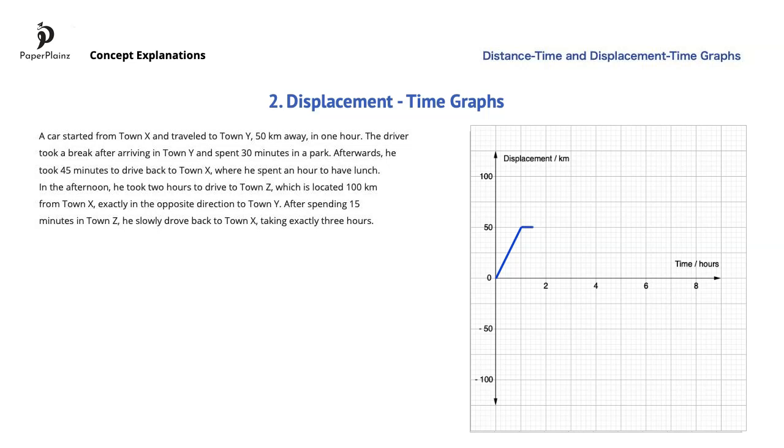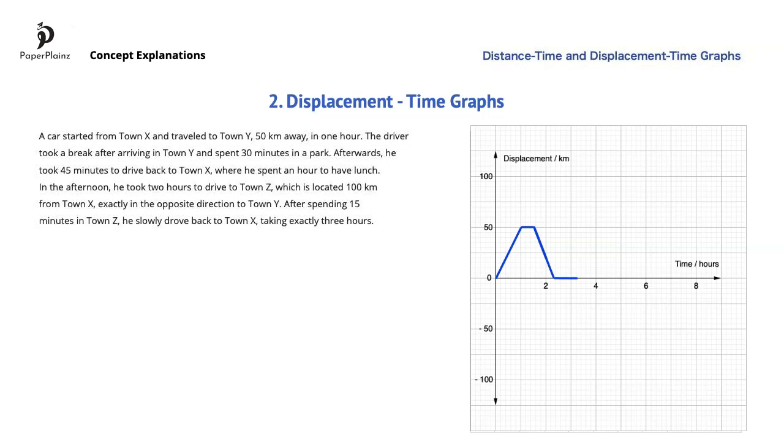Then the driver turns around and drives back to town X, so now he's going in the opposite direction and takes 45 minutes to arrive back in town X. Then again he stays stationary for an hour, so the graph is horizontal. Then he drives to town Z, which is 100 kilometers away from town X, but in the negative direction, so